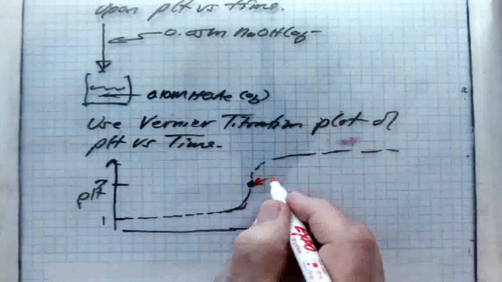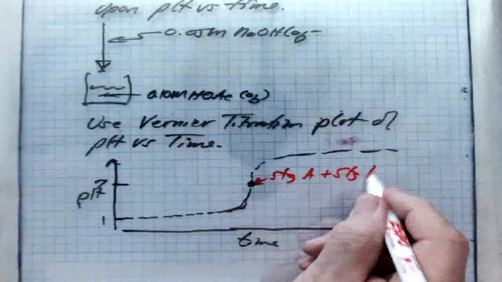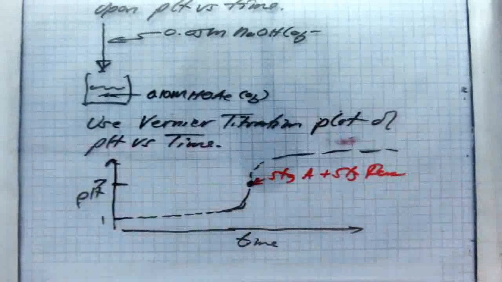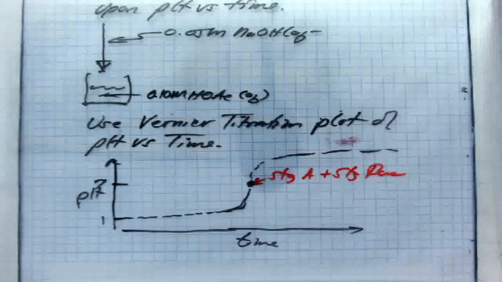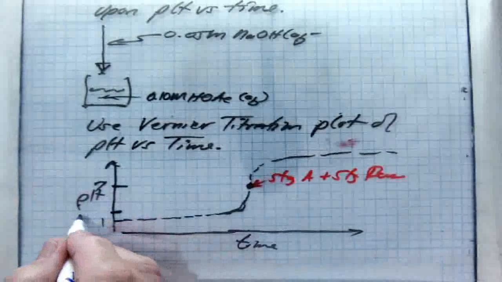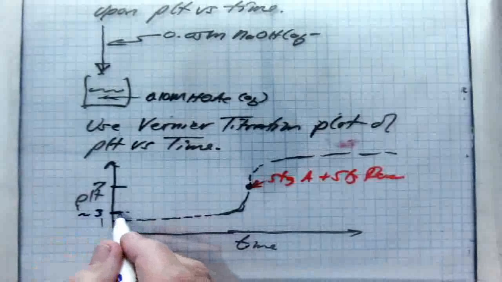But when it goes through the equivalence point, it's going to go up here, above that strong titration. And then it'll mesh in with the excess base, because they're both doing the same thing. There's nothing to react with. But this is the weak acid, strong base